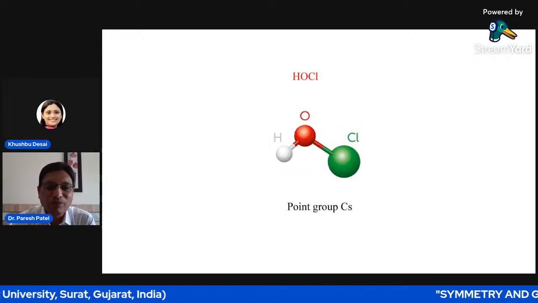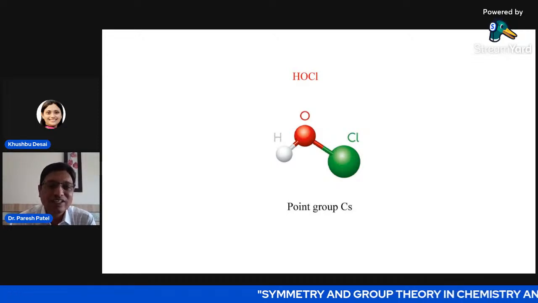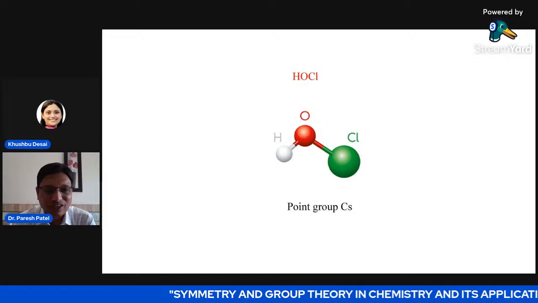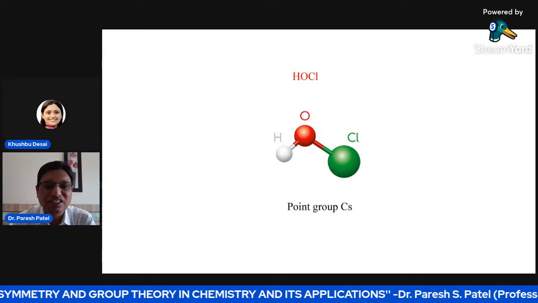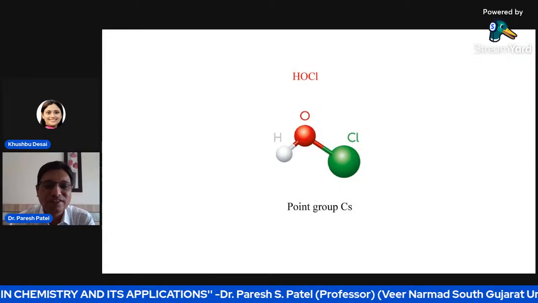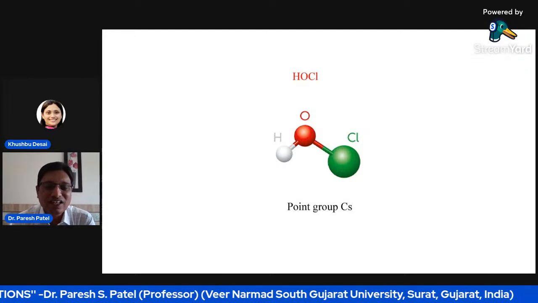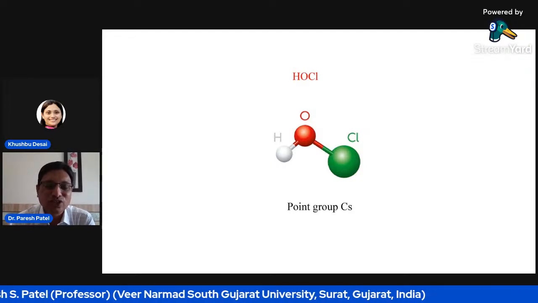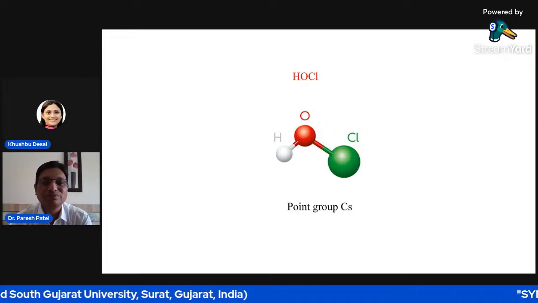Another molecule is hypochlorous acid. We know that this is a planar molecule, but there is no proper axis of symmetry present in this hypochlorous acid. It means the point group may be C1, Ci, or Cs, but this molecule is planar, so the point group can be assigned as Cs. Next one,